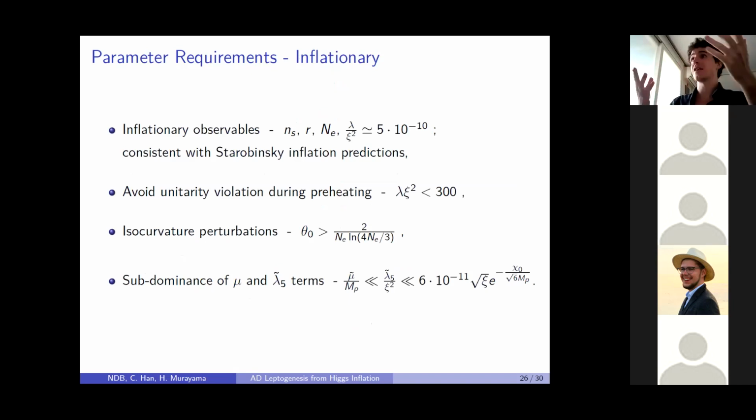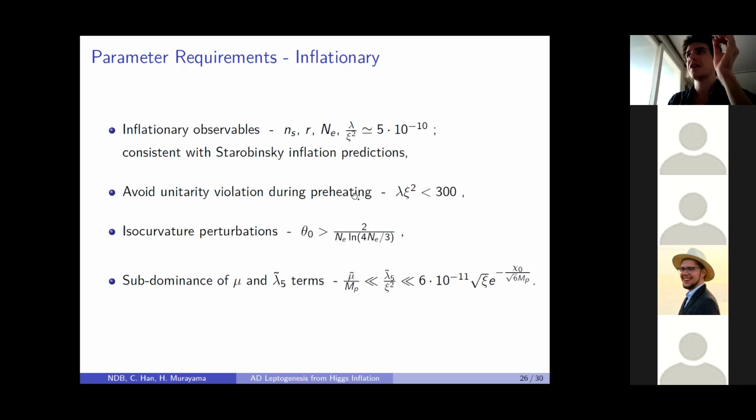Now, as before, I said that this inflationary epoch is unaffected by those 5-dimensional terms. So the chi effectively runs inflation on its own and will lead to Starobinsky-like predictions for the n_s and r, which are consistent with observation. The number of e-folds is fixed by the initial value of chi. And we have this requirement to get the correct Starobinsky mass scale, which is a requirement on the quartic coupling combination and the non-minimal coupling combination. So we can use this constraint.